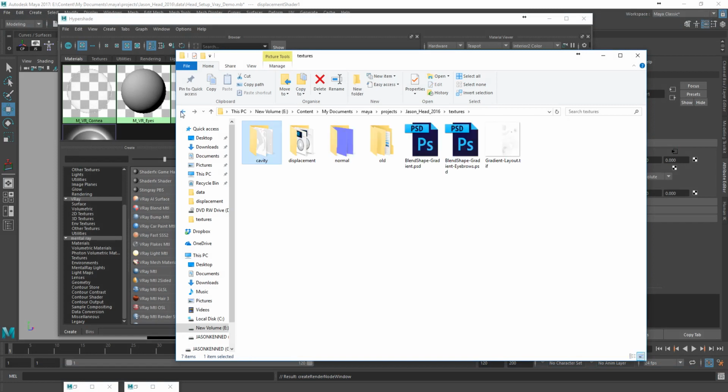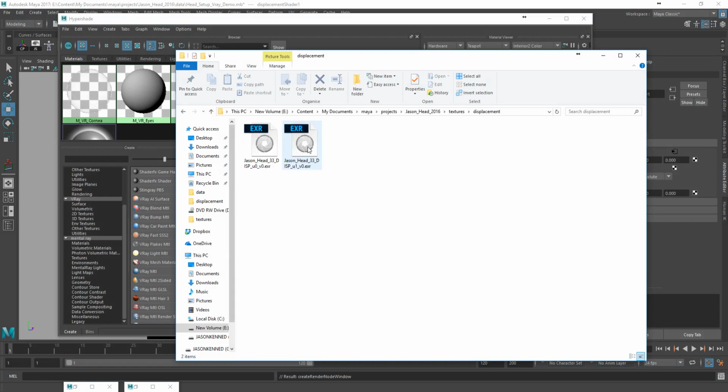Now, in order to create the proper displacement that we're going to work from, I could use strictly the files that I rendered out, but there is a way to optimize them using one of V-Ray's internal little programs. What that does is it takes the texture files that you've written, especially something like an EXR file, and it optimizes it so that at render time it actually saves some speed, which is great, especially if you're